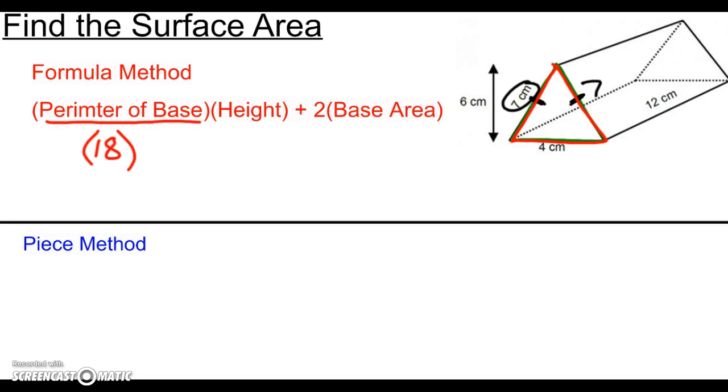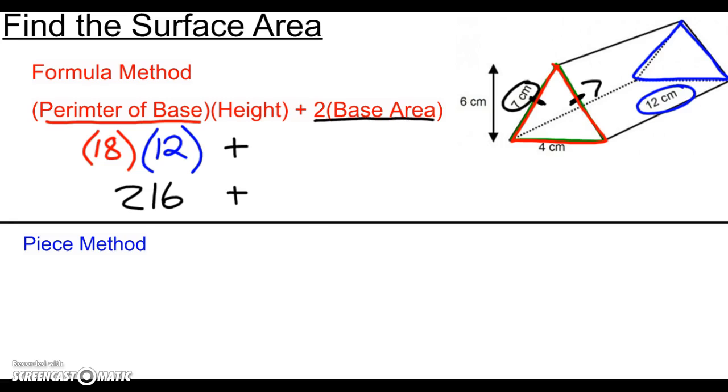Now we're going to take that times the height of our three-dimensional figure. And remember, the height doesn't always necessarily look like the height, because it's the distance between my two bases, which is 12 centimeters, the distance between my two triangles. Alright, so we do 18 times 12, that comes out to 216. And we're going to add on